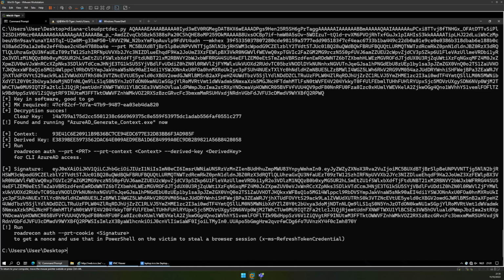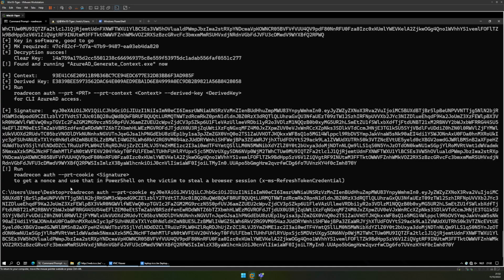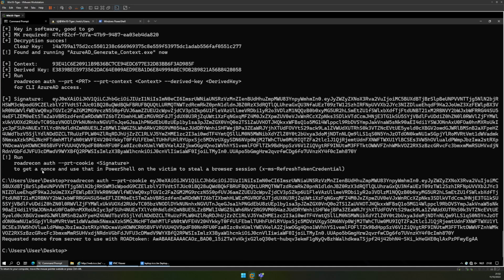So we can do something like this: ROADrecon authenticate the PRT cookie with that signature. And that will generate, like it said here, a number used once. That's what nonce stands for. It will generate a nonce by connecting to AzureAD. So now the first phase of the authentication to generate a cookie has been created on the hacker environment. But this nonce, or number used once, will have to be copy pasted over to our victim